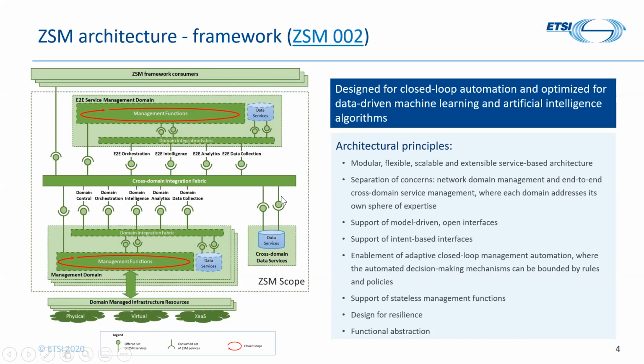The integration fabric. Here we have the integration fabric, and the communications between the management domains should go through the interdomain integration fabric, which is responsible for authenticating, authorizing, service registry and discovery, etc. Common Data Service, or the CDS. The Common Data Service is a common place to store management data such as assurance, tracing data, configuration, and topology data.